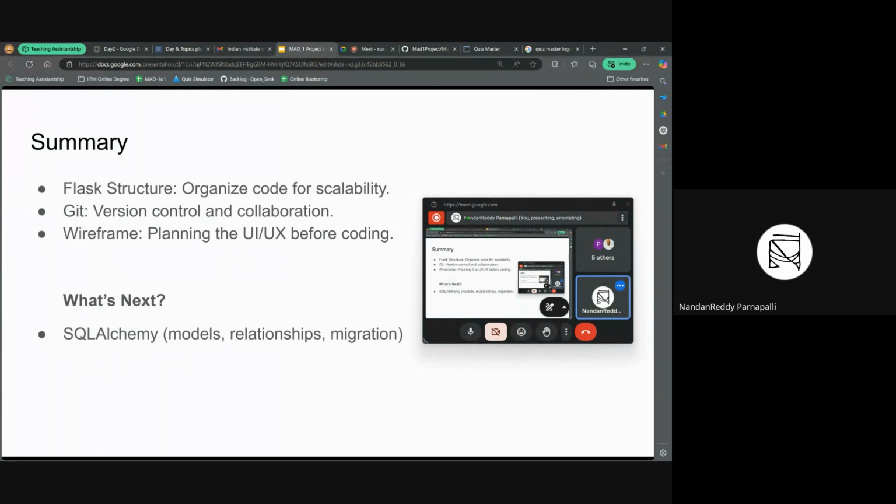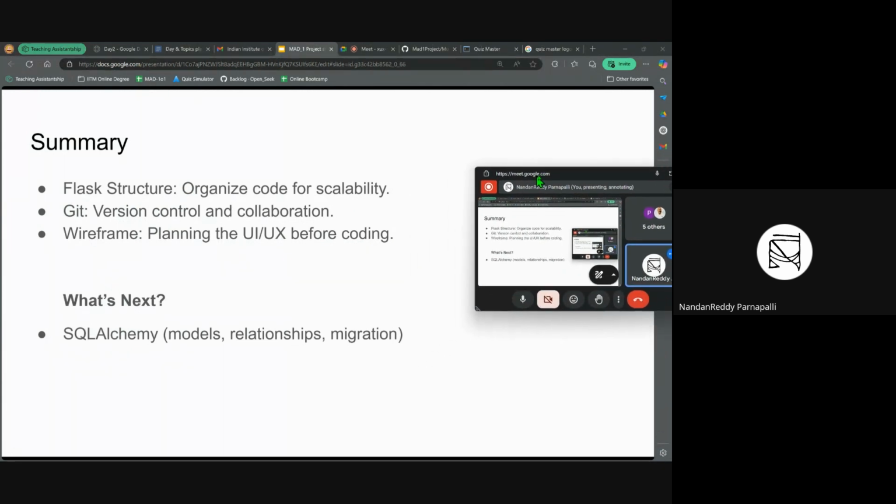Okay, that's about it. And what's next? In the next class, we will learn about SQLAlchemy, how to define models, how to define relationships, and how to do migration. Migration is not necessary, but if there is time, then we will think about it, or else we will just go with the models and relationships. Okay,